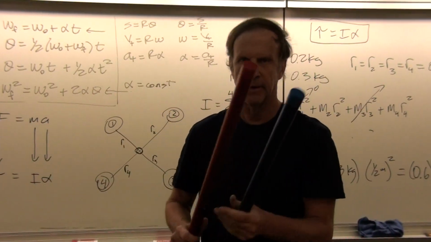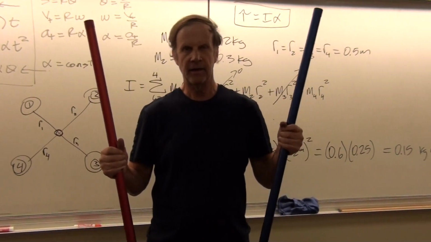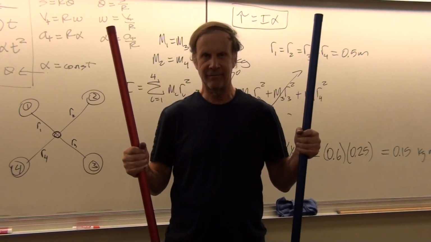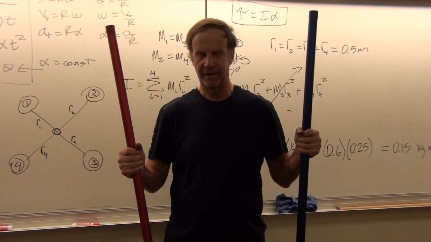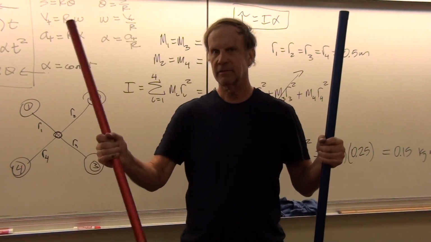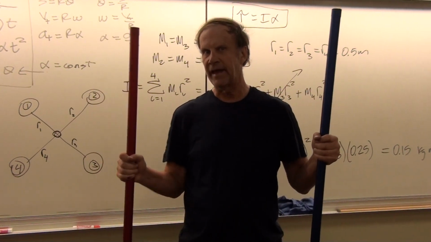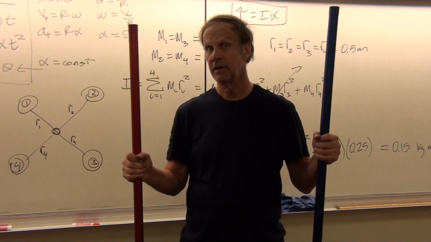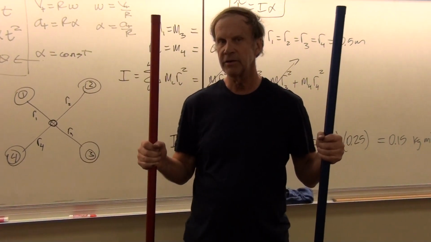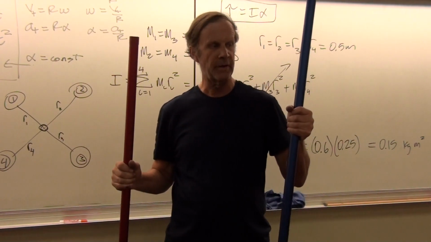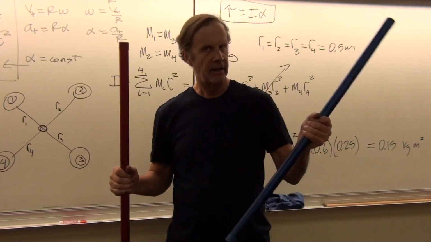Now, in the next problem I wanted to look at, let's say that we have 2 bars here, and I just ask you to take it on faith that they have the same total mass. And so I'm going to go ahead and rotate this one. That looks pretty easy to rotate. So that's an indication of a smaller moment of inertia. Because remember, moment of inertia is resistance to spin rate. Now let's take this equal mass over here and rotate it.